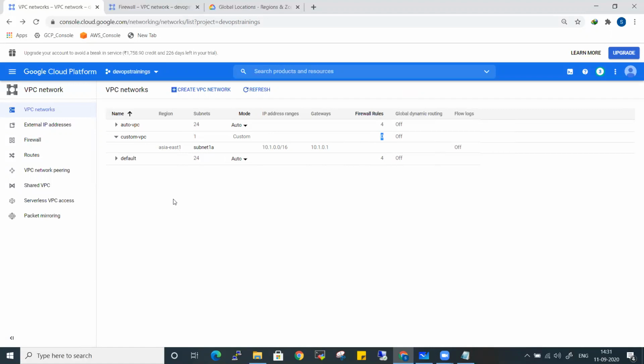So these are the various options you can use to work on VPC, like auto VPC or custom VPC. Let's try to create a network from the console. Till now we have seen the console, right? Let's try to create from gcloud. Let me activate the shell here.